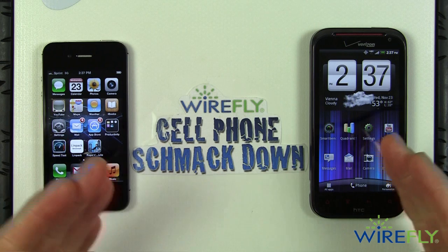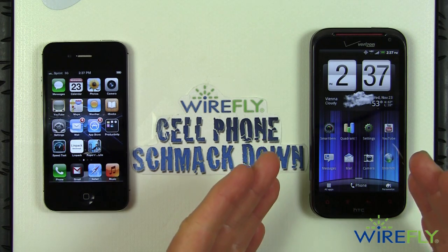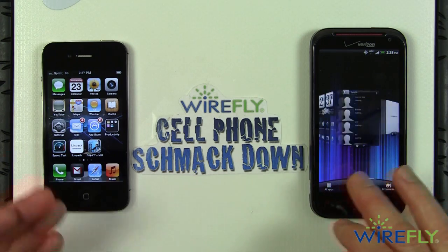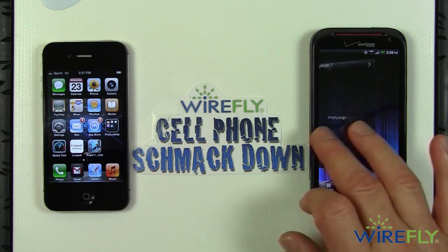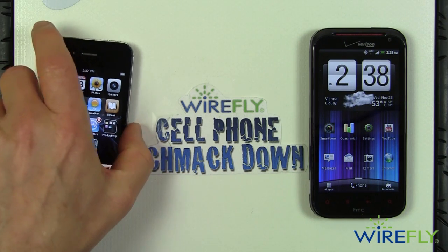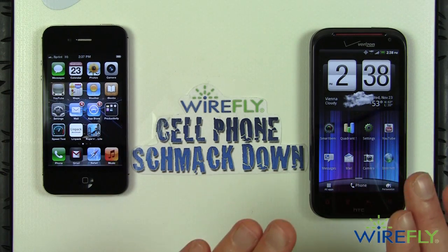Okay, I'm going to wrap up the Wirefly cell phone Schmackdown. I didn't do a lot of things to compare these two phones, but I have used them both. I personally prefer the HTC Rezound. I think it has better audio. I think it has a better display. I like the user interface better than Apple's, the iPhone 4S's interface over here, which I find is, frankly, getting a little boring now. So it's pretty. It works very well. It's very smooth. It's light and it's compact and it's a very slick package, but I like the power and the feel